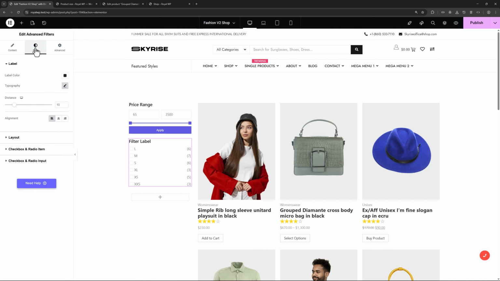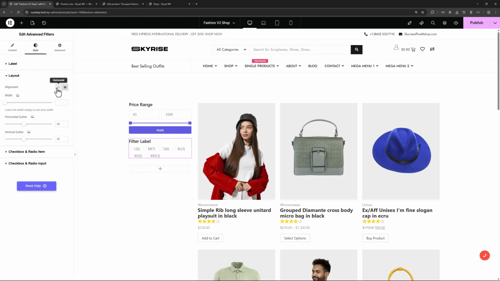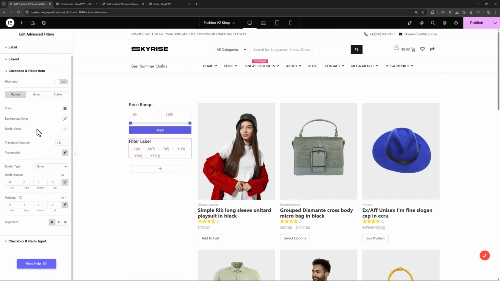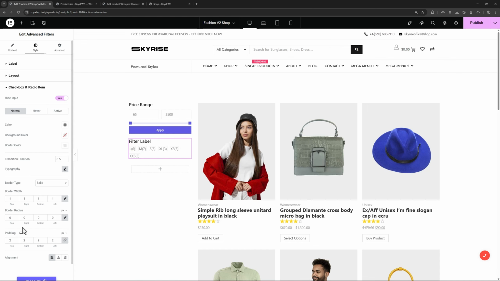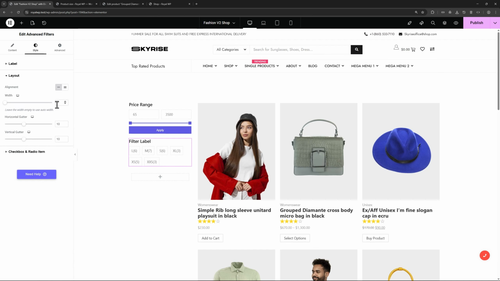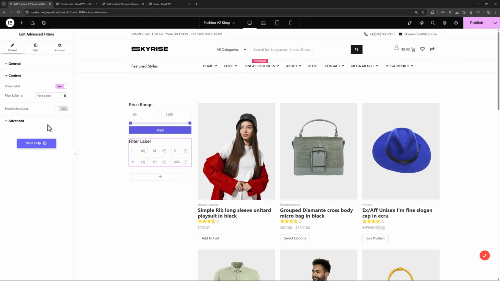In the Styles tab, there are multiple options for changing the look of advanced filters. In Layout, I will set alignment to horizontal. In Checkbox and Radio Item settings, there is an option to hide the input. Set the border type to solid, and maybe add some padding as well. Let me go back to Layout just to increase the width a little, and finally change the filter label as well. Looks good to me, so update the page and I'll go back to the site just to make sure that